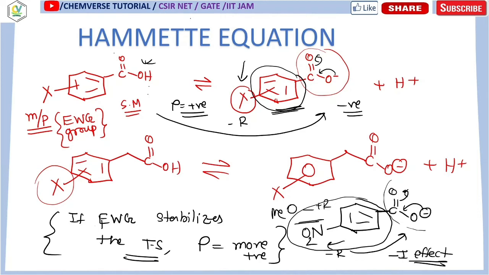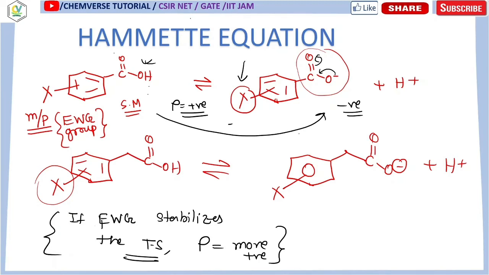For this case we have to consider that oxygen is more electronegative, so it will be a minus I group, and that is why I should consider the minus I effect over here. Now from here I can say that this X should possess some amount of minus I effect, or rather the inductive effect. If it is an electron withdrawing group, it will exert minus I effect obviously.